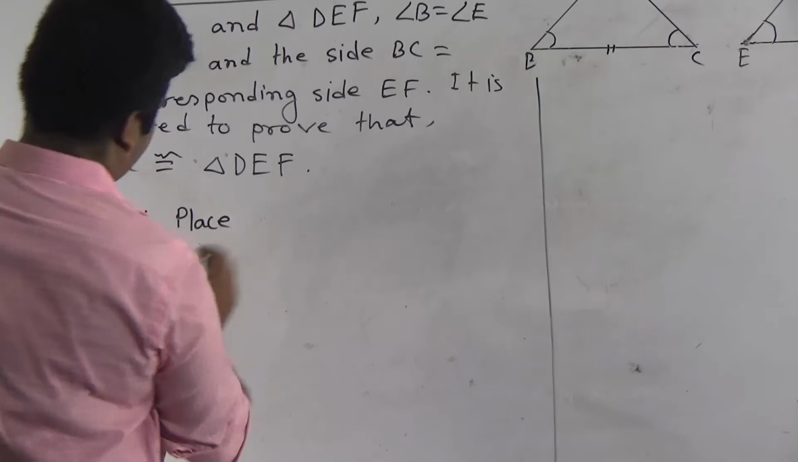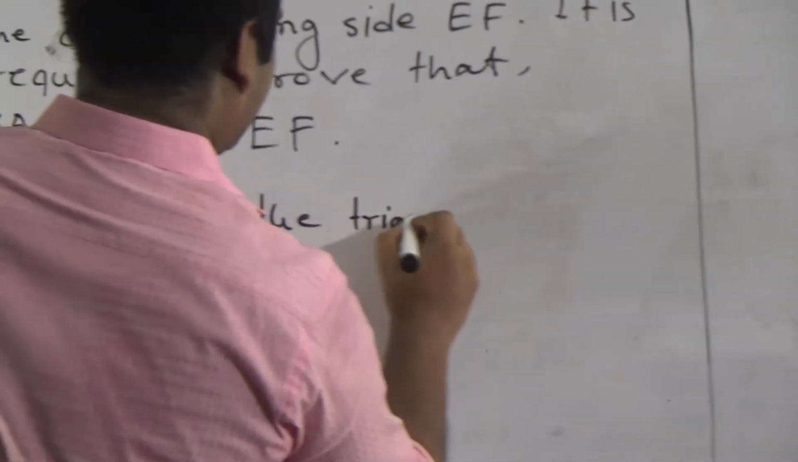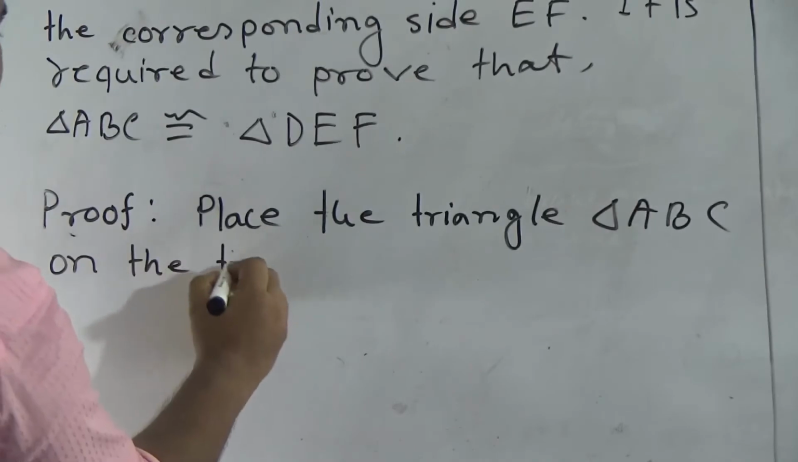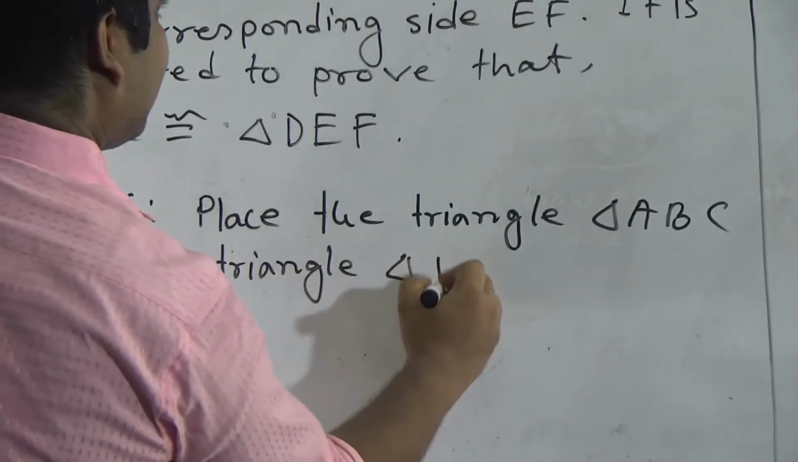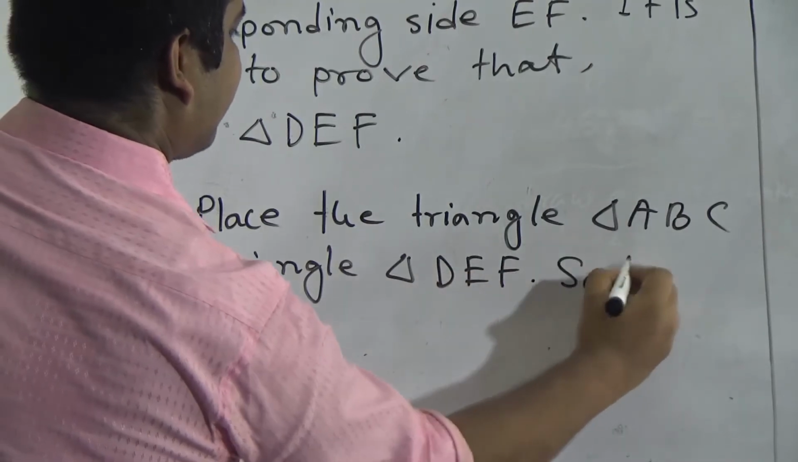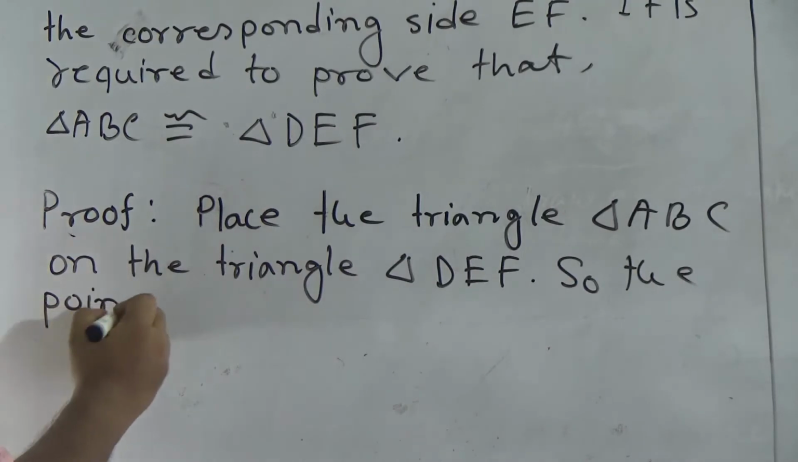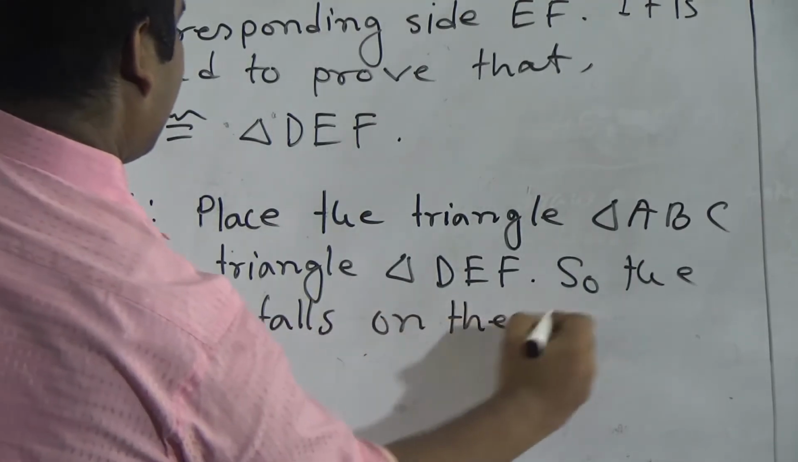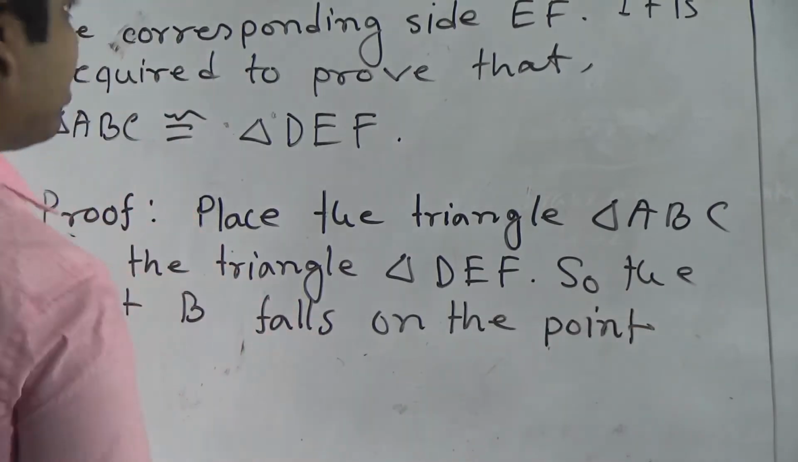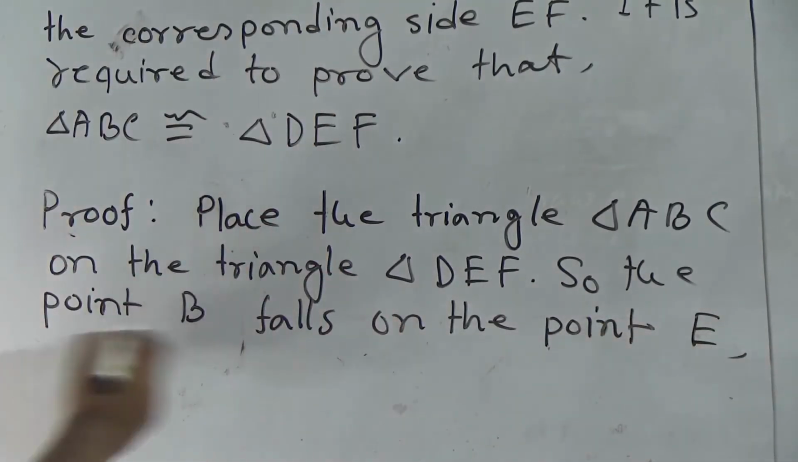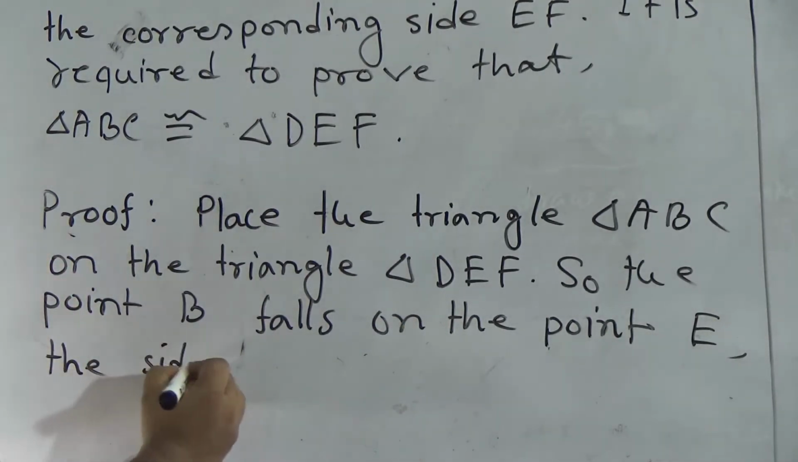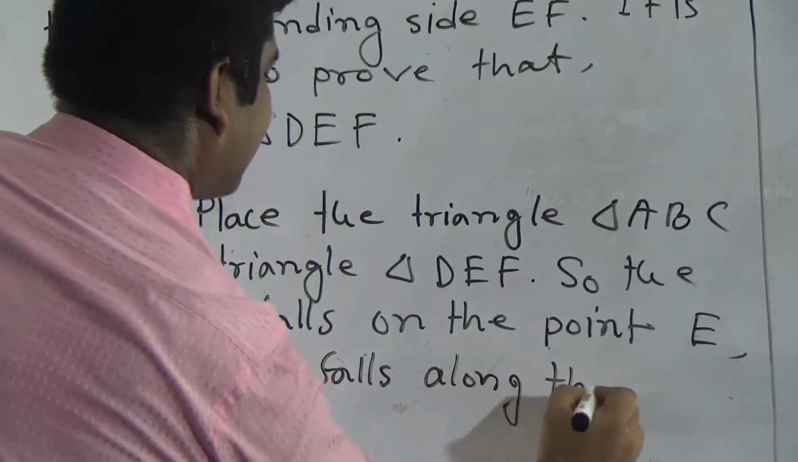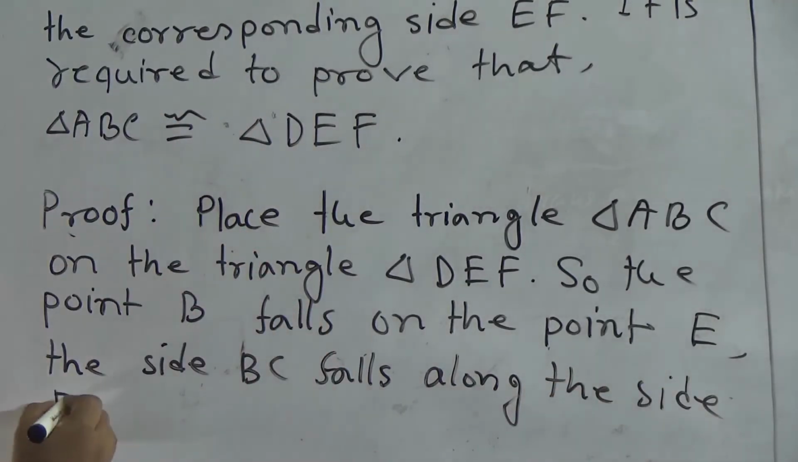Placed the triangle ABC on the triangle DEF, so the point B falls on the point E. The side BC falls along the side EF,